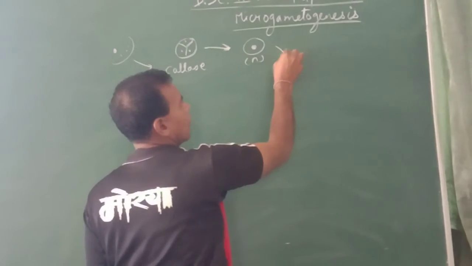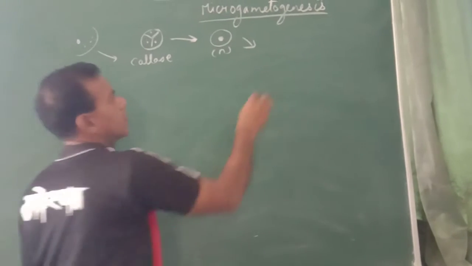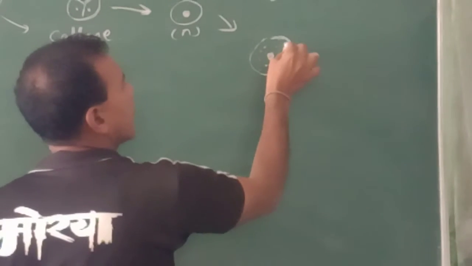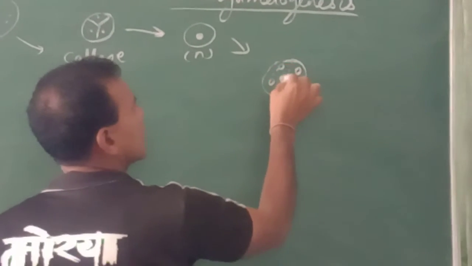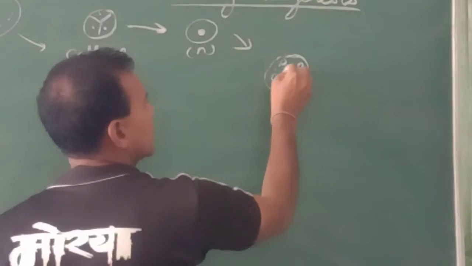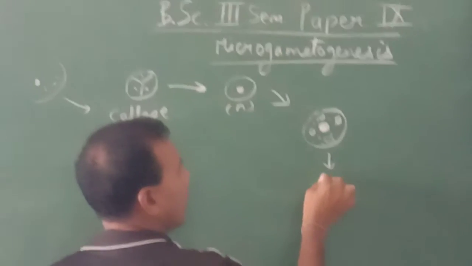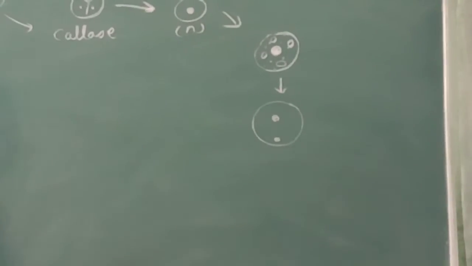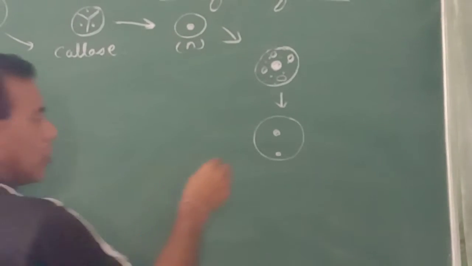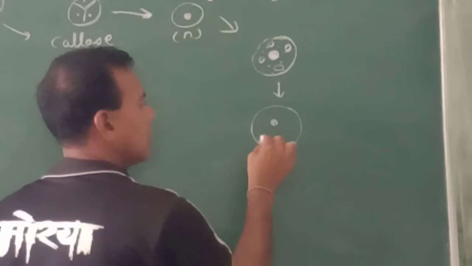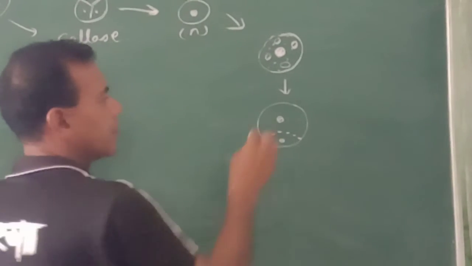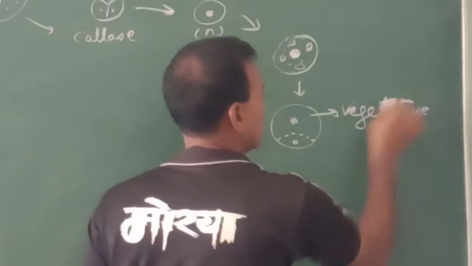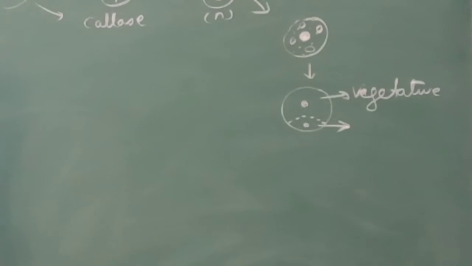This cell, first of all, enlarges. The nucleus also enlarges, thereby making some vacuoles in it. The nucleus now divides by mitotic division and makes 2 nuclei. One nucleus moves towards the wall and gets separated from the other cell by the development of a plasma membrane. The bigger cell is known as the vegetative cell and the smaller one is known as the generative cell.